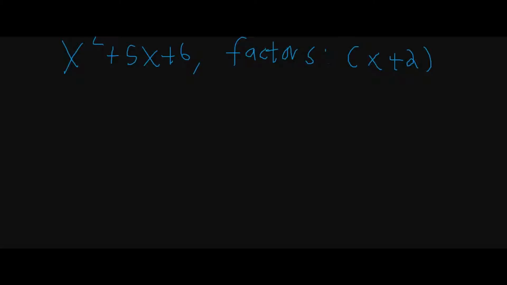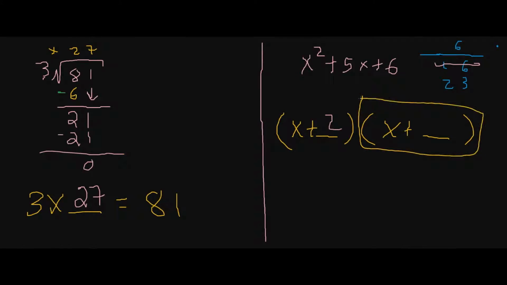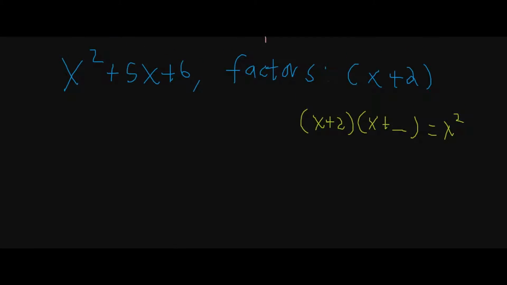And I want you to find out what was the other factor. What is this second factor right here? We know this is a 3, but what can we do to figure that out? The idea is, we have x plus 2 times x plus blank should give me x squared plus 5x plus 6. And what we're going to do is use the idea of long